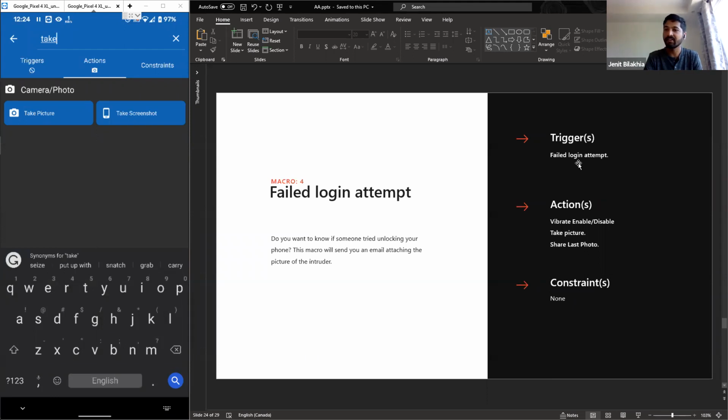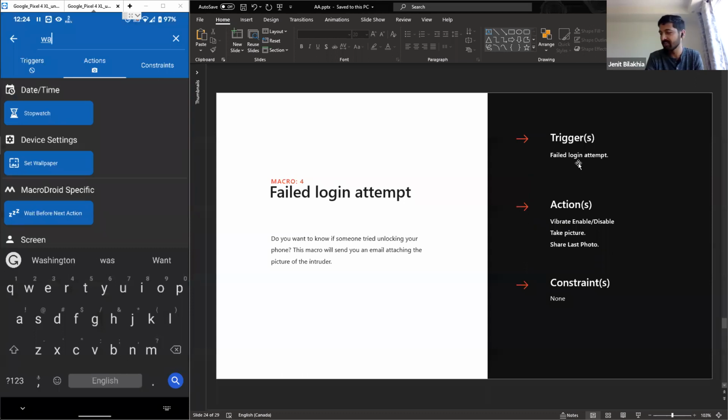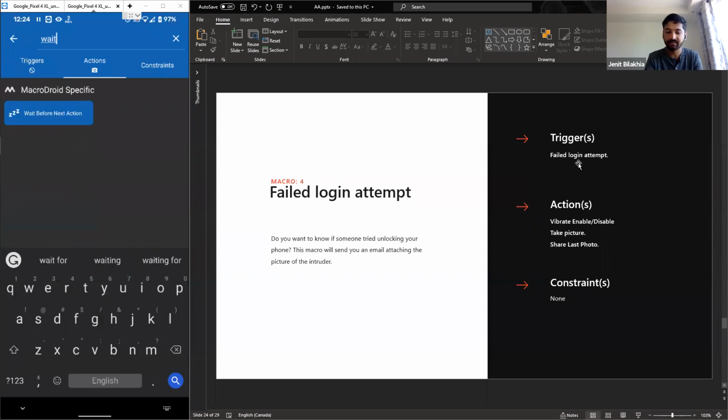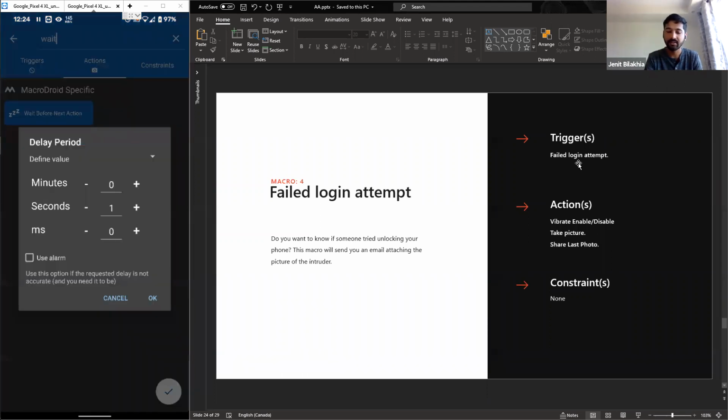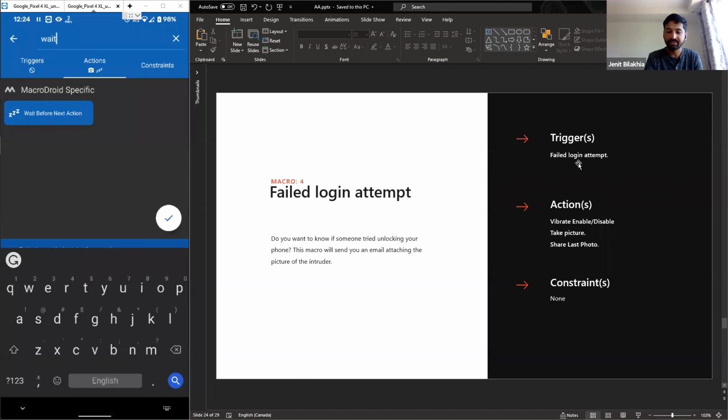I'll move ahead with sharing this last photo. Before I do this, I want to make sure that we wait for a while. I have not mentioned this, but this is something we can always do: wait before next action. I'll click on this, wait before next action. I want to wait for 10 seconds. You can also type it down here and press OK. I have added 10 seconds. So since we have waited 10 seconds, and then after,